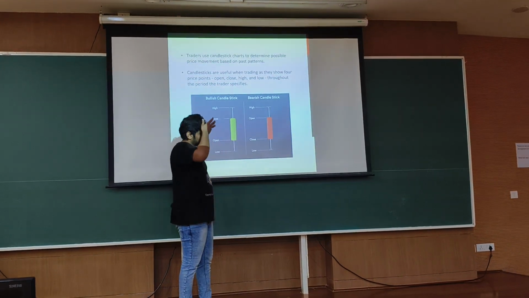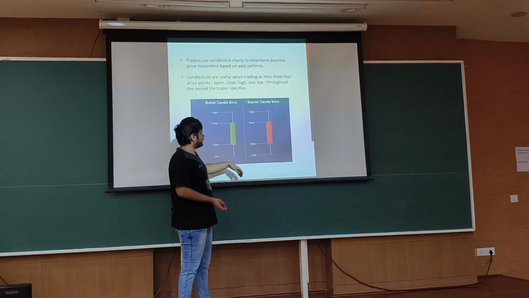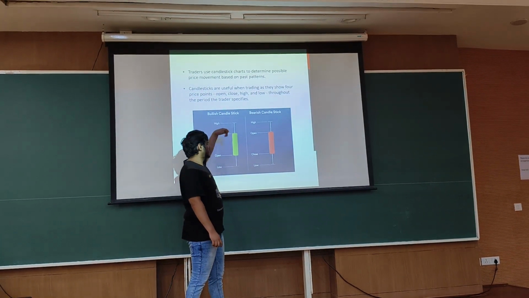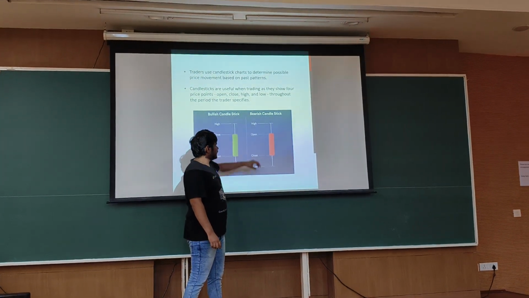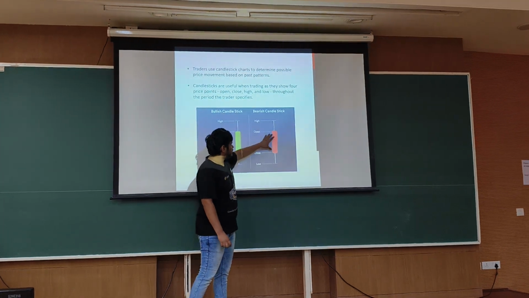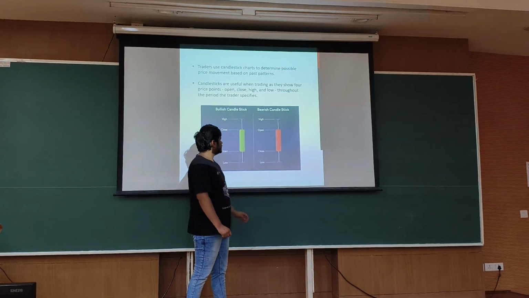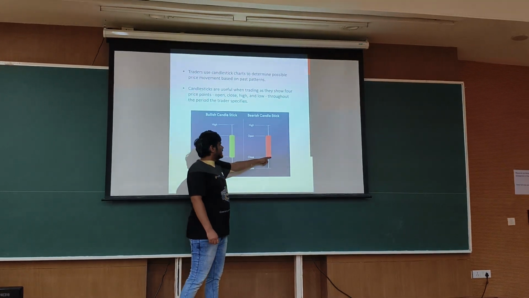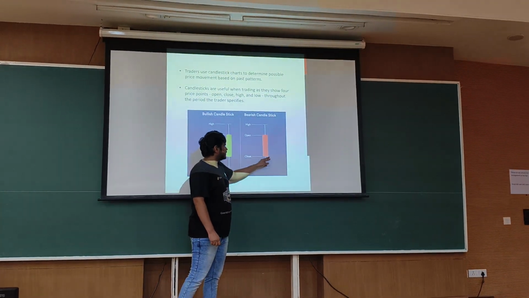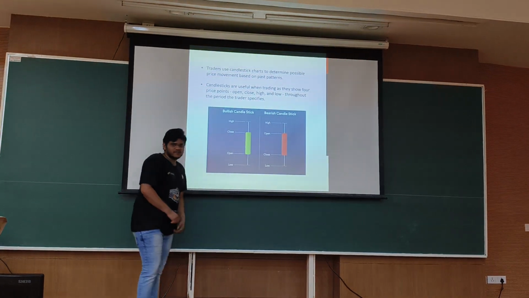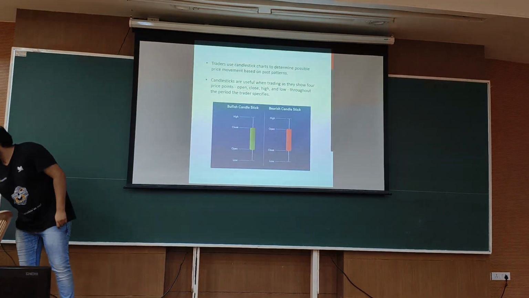Because basically in other charts, what is the problem? We can't identify which is the opening and which is the closing price. High and low we can identify even with the bar chart, but opening and closing is not clear. So here we draw it with the red color. So if it is a red, bearish candle, then the close price is lower than the opening price. The close price is shown as this extremity of the candle's body, and this is the upper extremity of the candle's body.